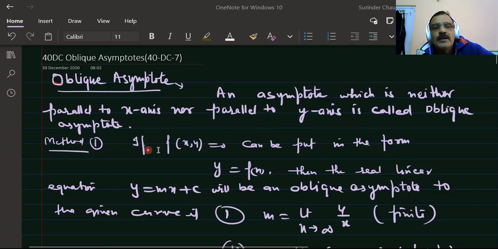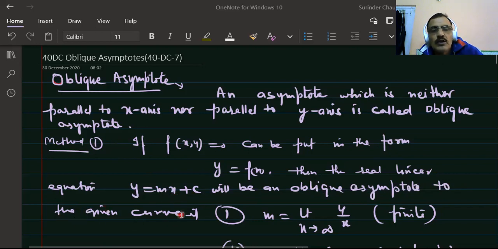Let the rational algebraic curve be f of x, y equal to 0. If it can be put in the form y equal to f of x, that is, y is a function of x, then the real linear equation y equals mx plus c will be an oblique asymptote to the given curve,